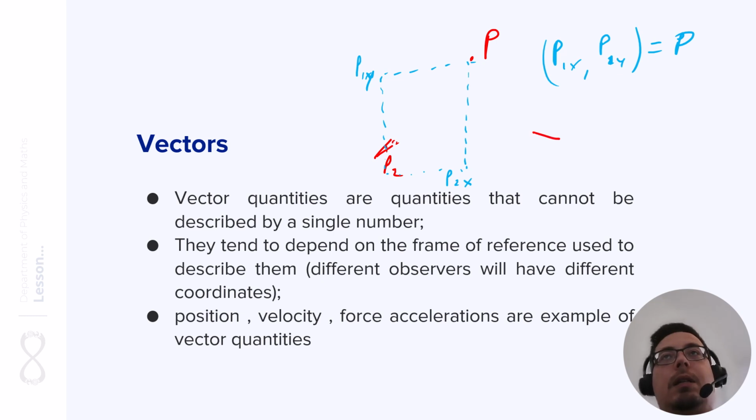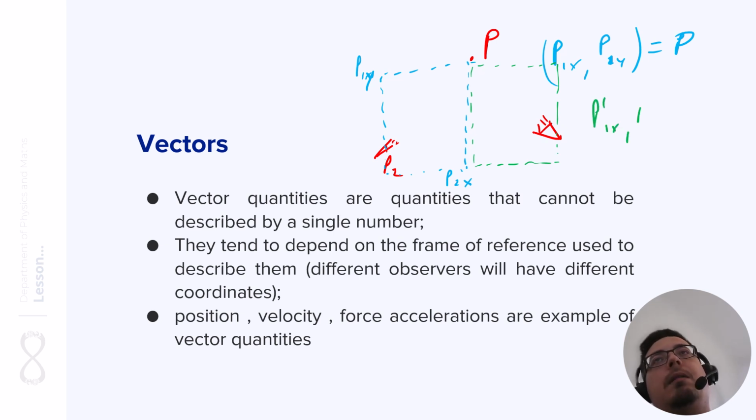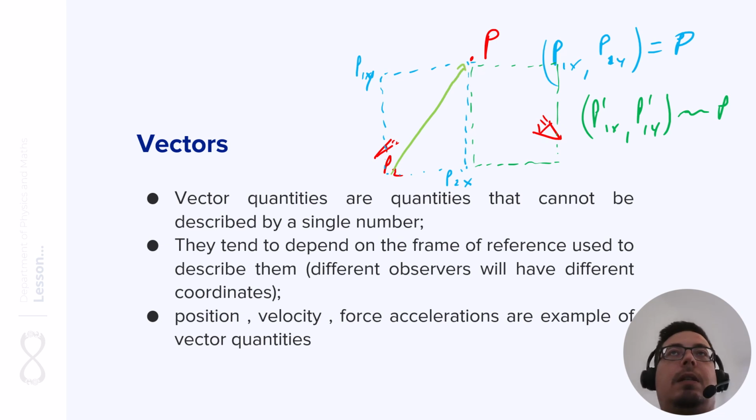These two numbers will depend on the observer, of course, because if you look from another position, the same point P will give you two different numbers, P prime 1x, P prime 1y, for the same position P. So these are called vector quantities. I will tell you why in a sec, because you can draw a vector easily between these two points. As you can see, the point is the same, but the vectors are different. Okay, v1 and